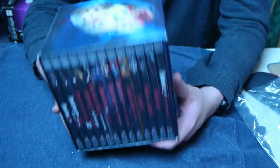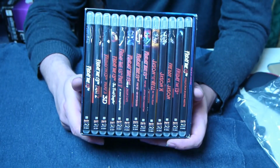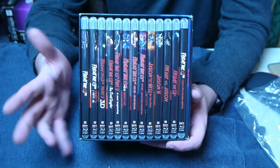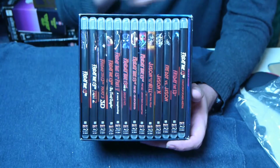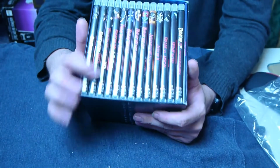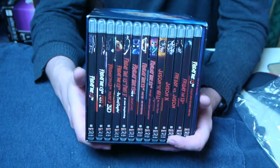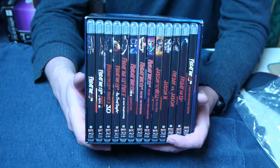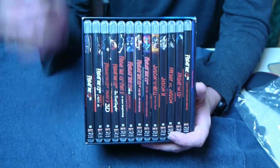The other thing that's actually really good about this set is a lot of these films were cut heavily because the MPAA was really coming after Friday the 13th. A lot of that material and that footage has been found and has been put on the various discs they belong to. There's actually some interesting cut footage from Friday the 13th Part 3 that makes the film a lot more graphic. The problem with the included footage is VHS quality, because it was a fan who managed to have it on a VHS, or a crew member that had it on a VHS,